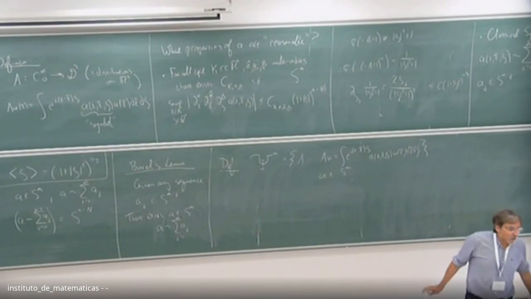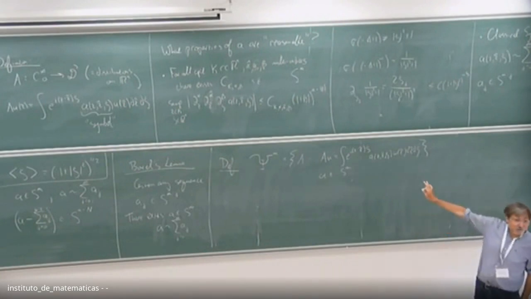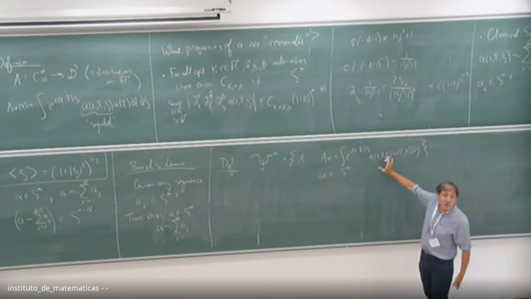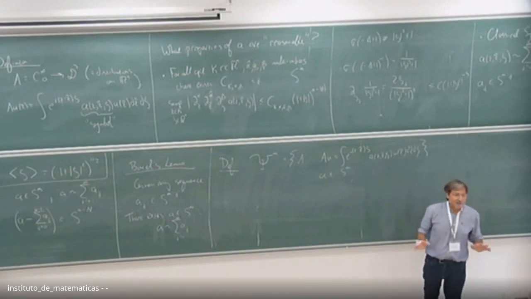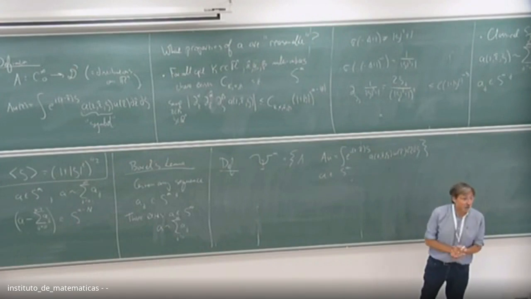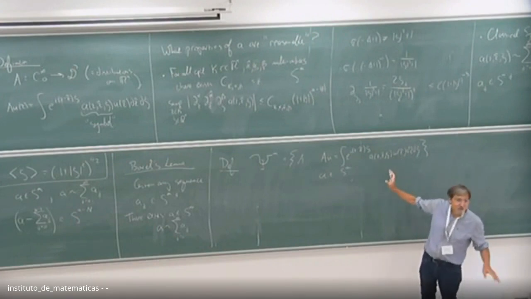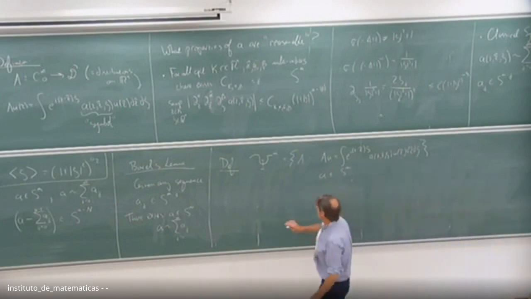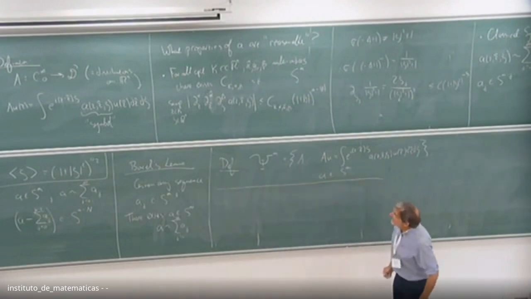Now, this looks horrible, right? Everybody agree? It's pretty bad. I'll give you a much nicer way of thinking about these. You want to think of these things as a kind of coordinate representation. It's just like if you have a nice coordinate-invariant definition on a manifold of some geometric thing, it looks great. Then you write out the Christoffel symbols, it looks horrible. This is the same principle. So this is just a local coordinate definition of a pseudodifferential operator. Okay, so I've given you a class of operators.